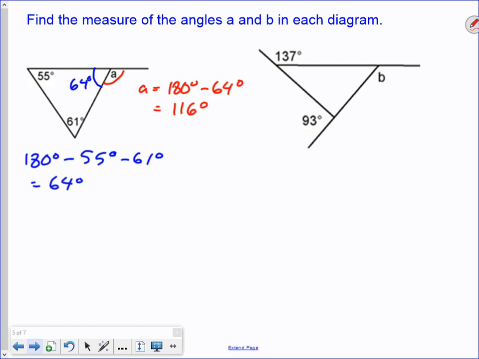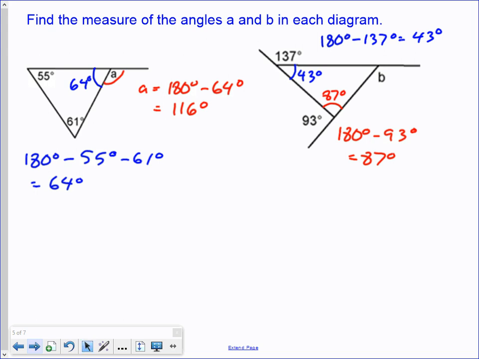In the one over here on the right, we are given the 137 degrees, we're given the 93 degrees, but we don't have any of the angles inside the triangle. So probably what we're going to have to do is start figuring out what these angles inside the triangle are. We can start right here. We know that the 137 and that blue angle are going to add up to 180. So if we do 180 minus 137, we get 43. So that's got to be 43 degrees. We can do the same thing for this angle right here. 180 minus 93 degrees is going to give us 87 degrees,